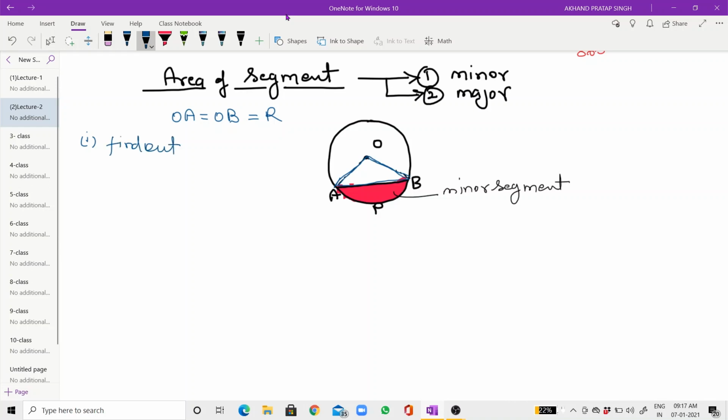So first point, find out the area of triangle OAB, which is equal to 1 by 2 base into height. And the next point is